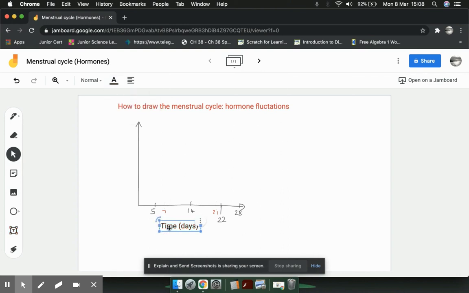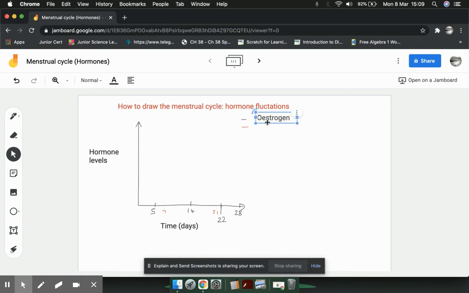The next thing then is labeling the y-axis, and that's going to be hormone levels. Now, because we're dealing with 2 different hormones today, we're not looking at FSH, we're not looking at LH, we're just looking at the 2 main ones that are crucial for pregnancy, of course, which are estrogen and progesterone. So you're going to have to draw a legend. Remember, a legend is just a color that represents a particular bit of information. So in this one, I think I'm going to pick black to represent estrogen, and red is going to represent